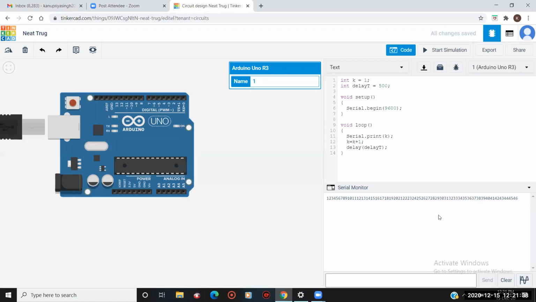So for the clear display of the counting, we are going to add a very important command in our programming. For that, just first clear it. Now let me drag it down a little bit.